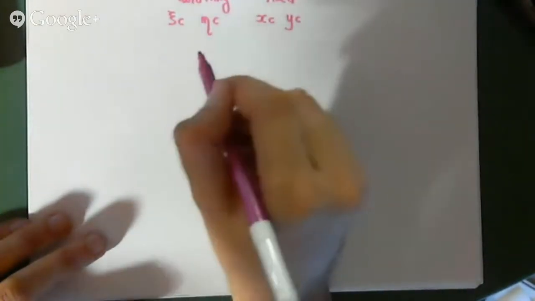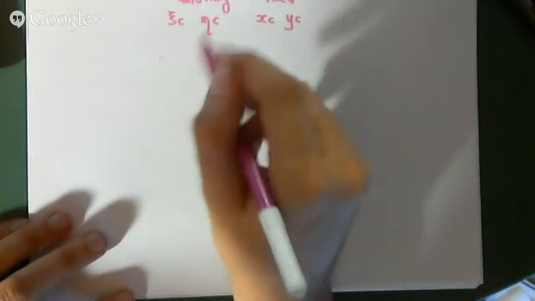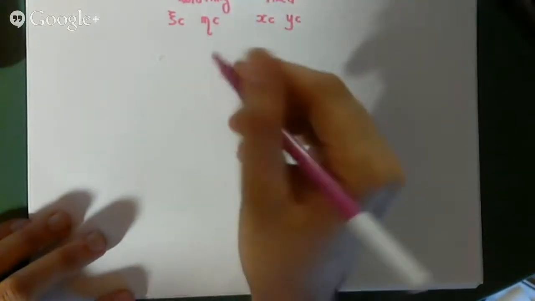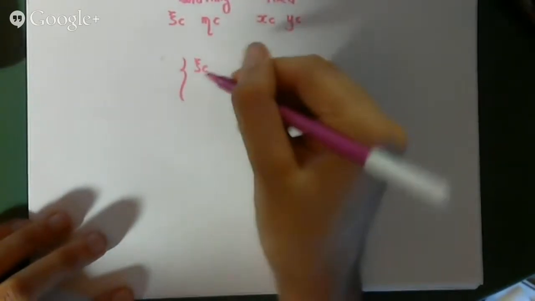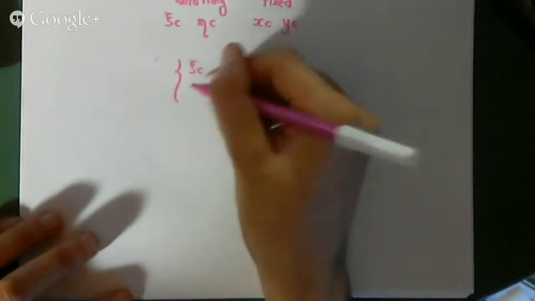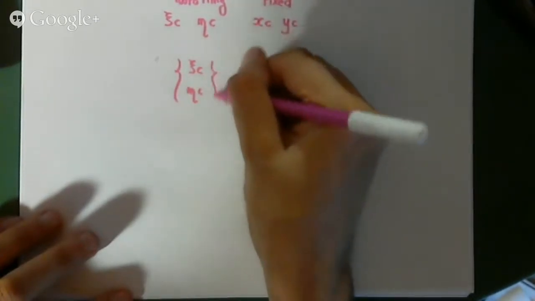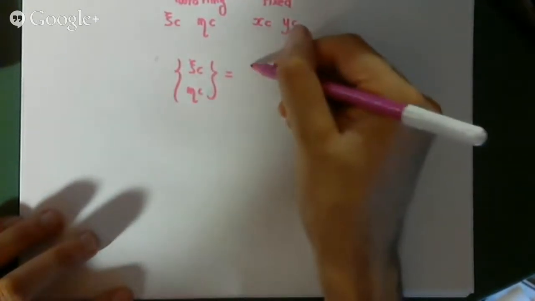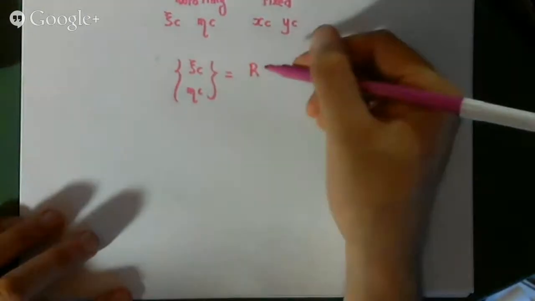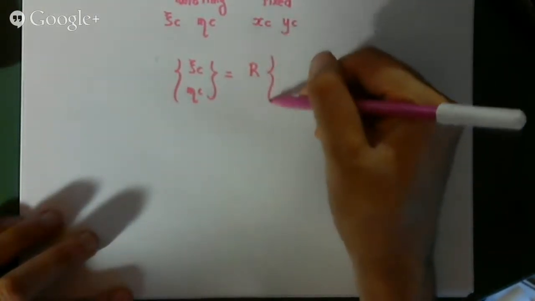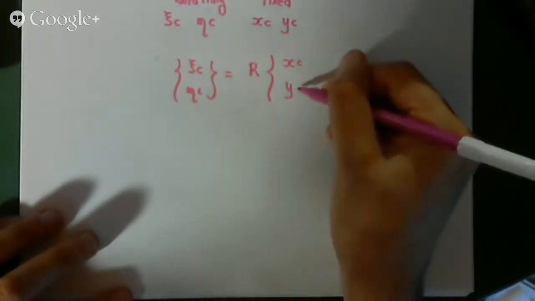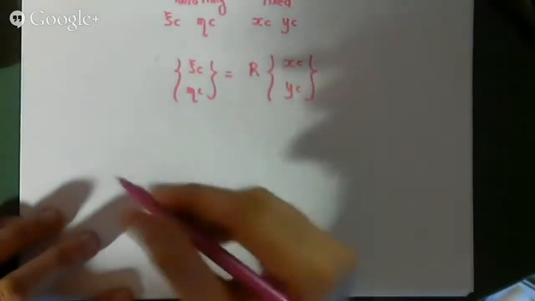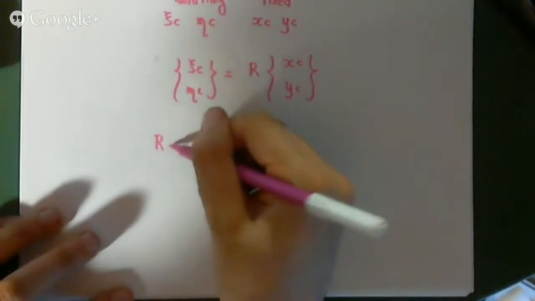Between the two coordinate systems there is a rotation, so zeta C and eta C is simply equal to the matrix R applied to the point xc, yc, in which the rotation matrix